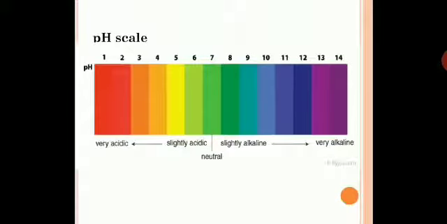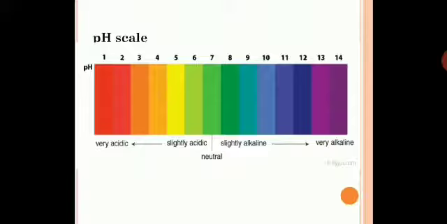Now the pH scale over here, you will get to see this pH scale strip in the lab, and it shows a proper color gradient, how the color change will take place, and you can match with the scale over here. This scale will help you to understand the color change. If you take a substance and add universal indicator, it will show a color change, and then you can match with the scale and get the pH from here, and you will come to know whether the substance is weakly acidic or basic, the strength of the acid and the base.